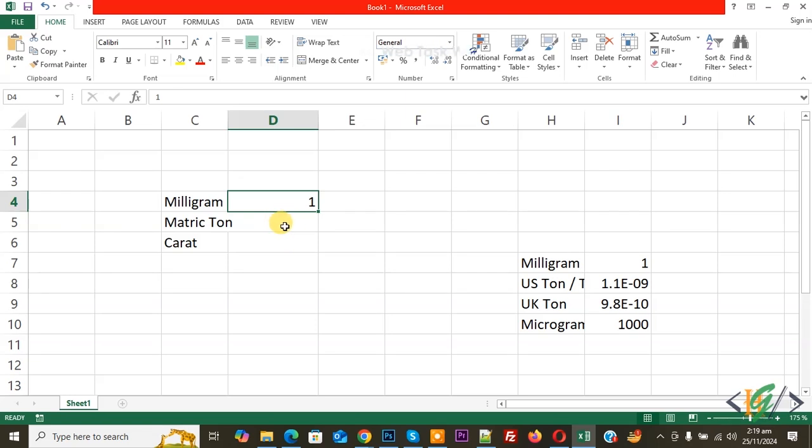Bismillahirrahmanirrahim. Assalamu alaikum. My name is Hassan and today we are going to convert weight milligram into metric ton and